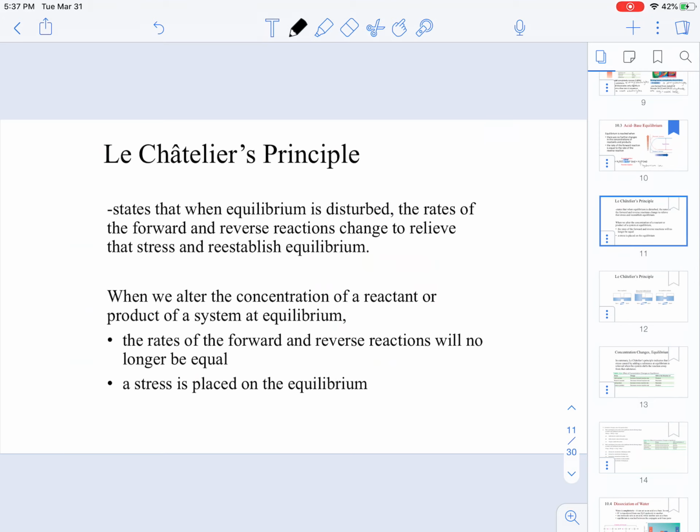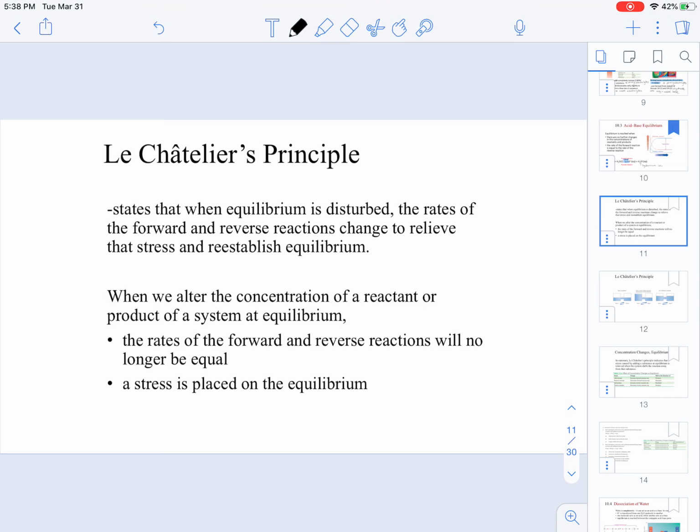Whenever we're talking about equilibrium systems, we need to discuss Le Chatelier's Principle, because Le Chatelier's Principle states that when a system is disturbed, the rates of the forward and reverse reaction are going to change to relieve the stress and reestablish equilibrium in the system. So what that means is that if we alter the concentration of reactant or product of a system, remember the rates of the reaction in the forward and reverse directions are not going to be equal. So they are going to make some changes in order for the system to reestablish that